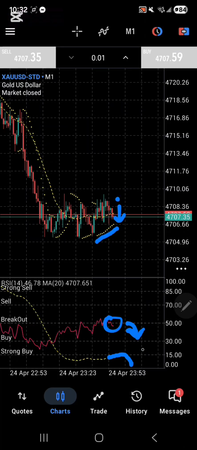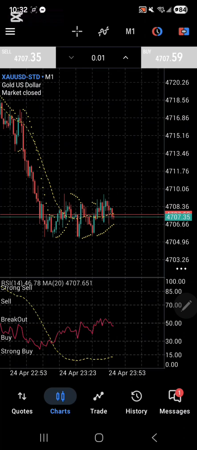If all three are connected, the moving average is going down, the RSI is going down, and there's a dot over here for the parabolic SAR, I'm going to enter a sell position here. And then I just put my stop loss above the dot, and wait till the trend reverses.